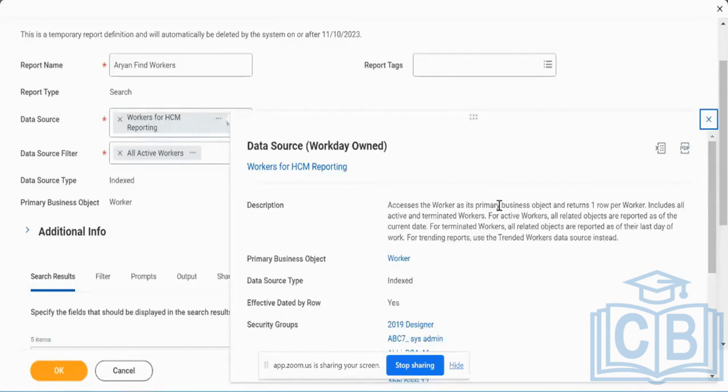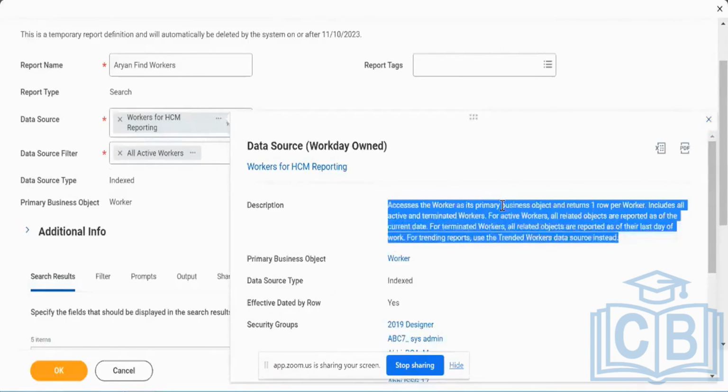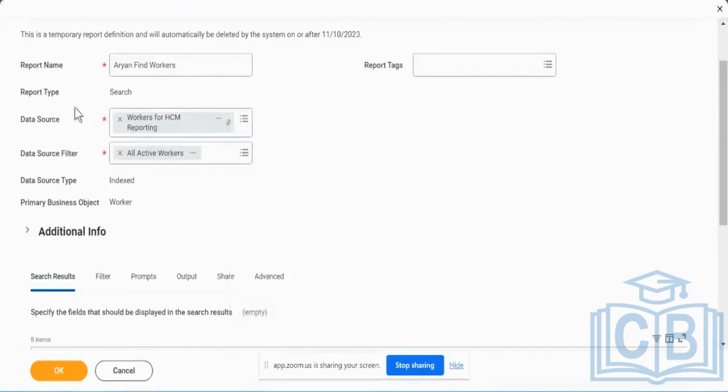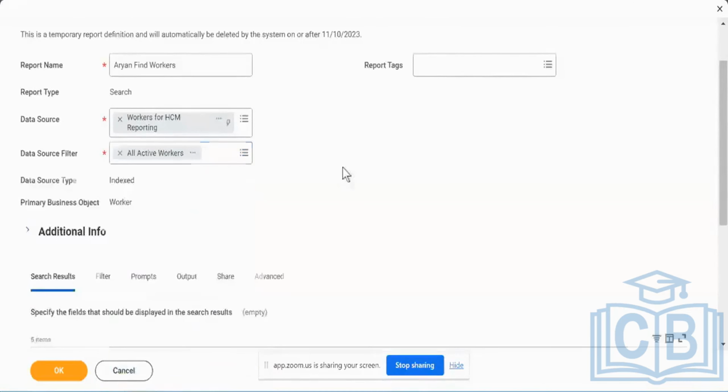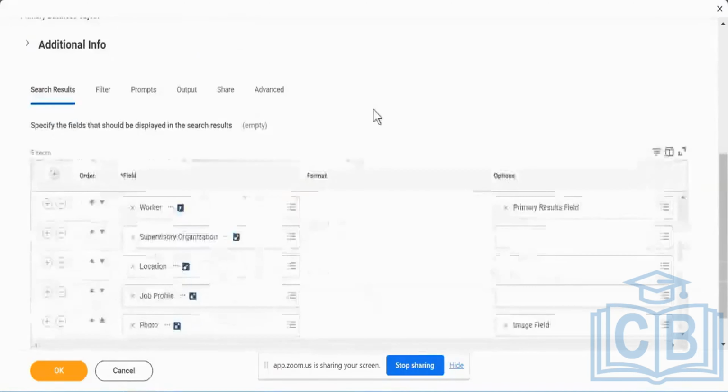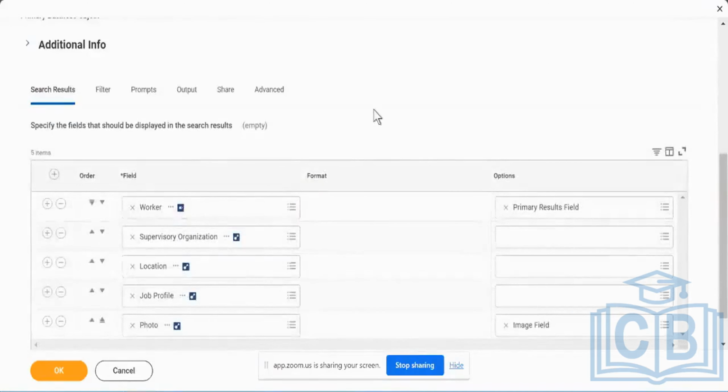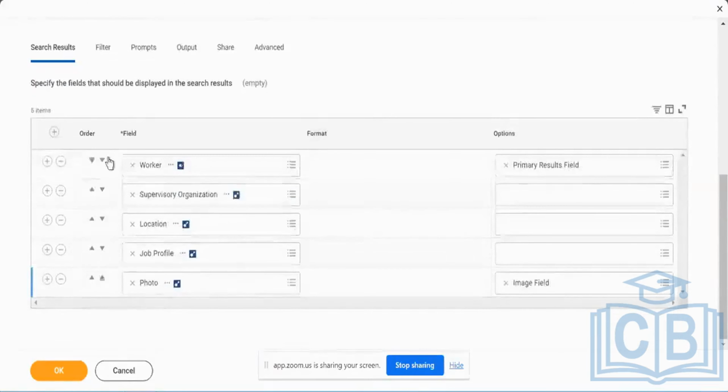Who's going to get the last row? As on my term date? So it contains all the information and then further filtering. I filter only my active workers in this particular report. So find workers report, it's a standard report and it is going to contain only my active workers in the organization. Next, if I move on to all the fields that I have over here, I have, like